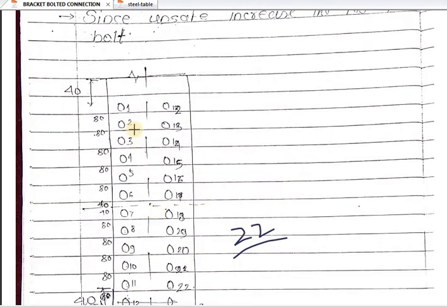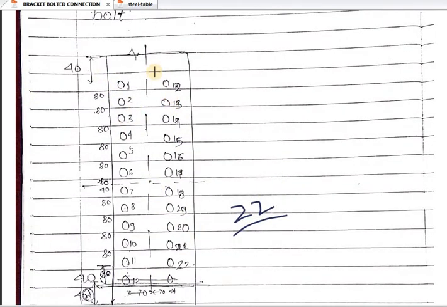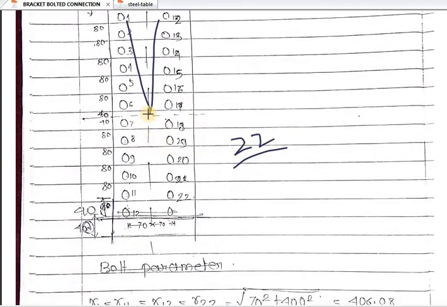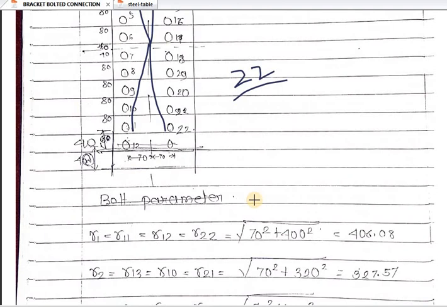Again, in the same way, first we have to divide this whole figure into two parts, vertical as well as horizontal. After putting in the edge distance and pitch distance, we divide this whole figure into two symmetrical parts. So the same procedure is there. The distance of 1, the distance of 12, the distance of 11, and the distance of 22. So R1, R11, R12 and R22.